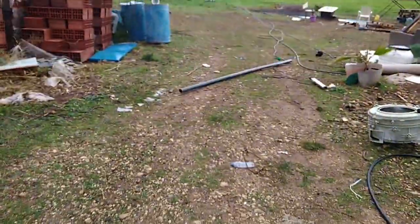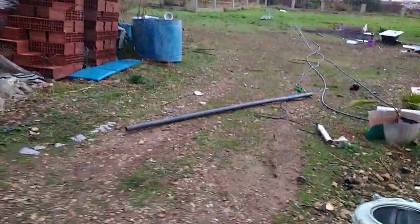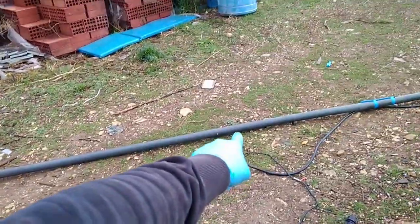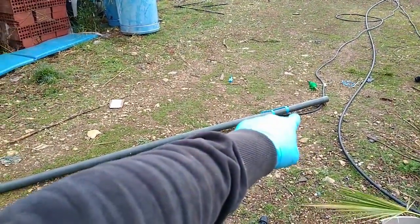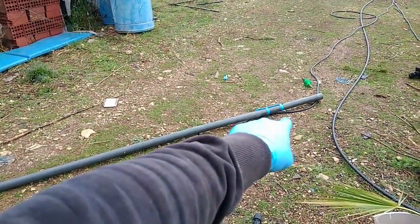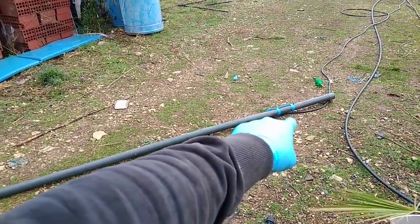So if you look at this pipe, this is about 3 meters long, I think 3 or even 4 meters long. I'm gonna attach the pump about the middle of it because I want this to work as a spacer from the bottom, and this will be basically engaging the level switch. So once this will be down there,